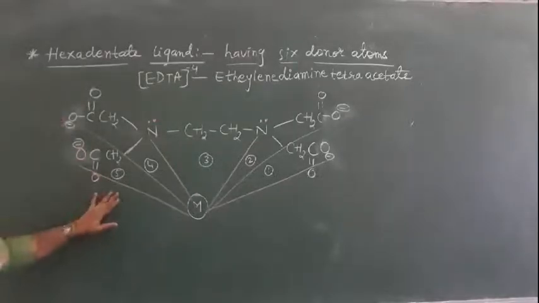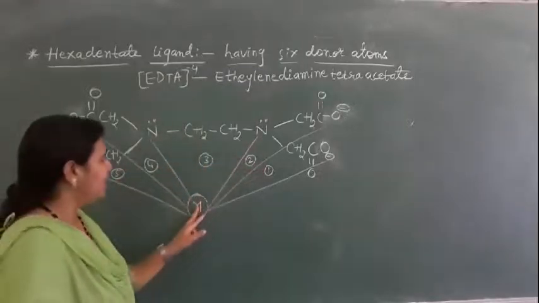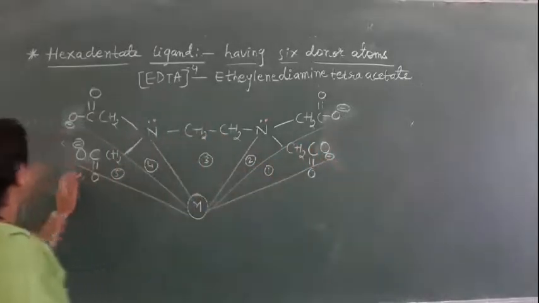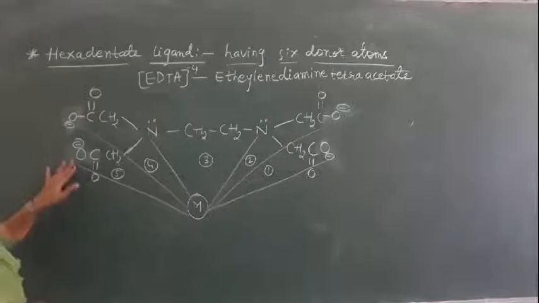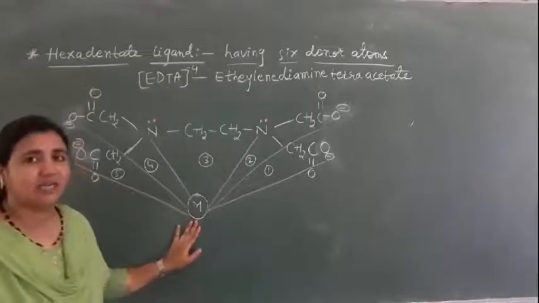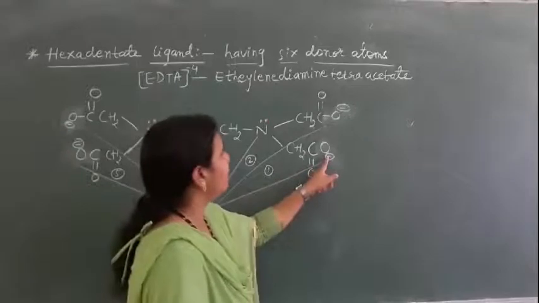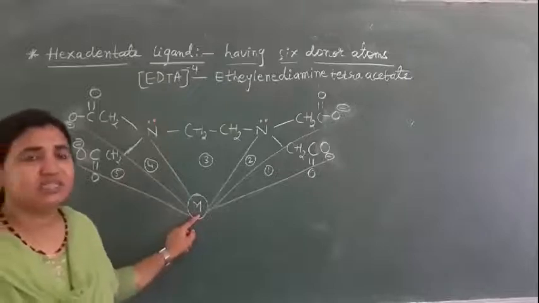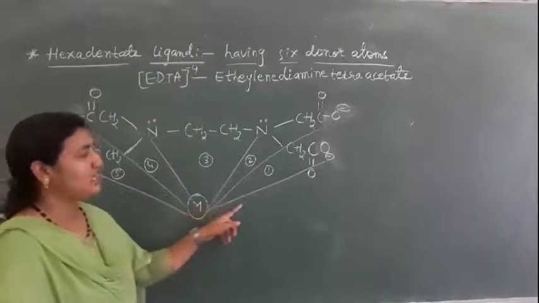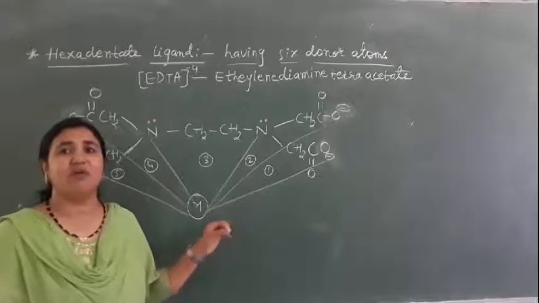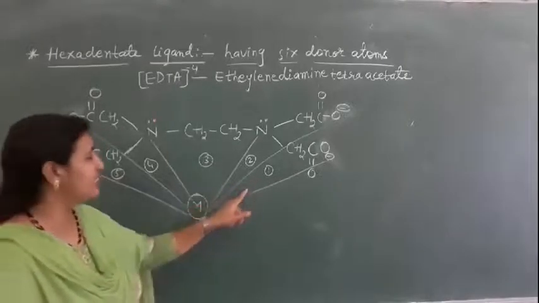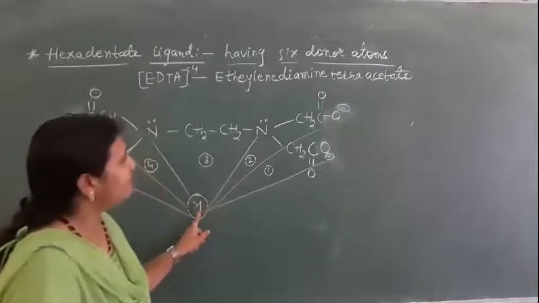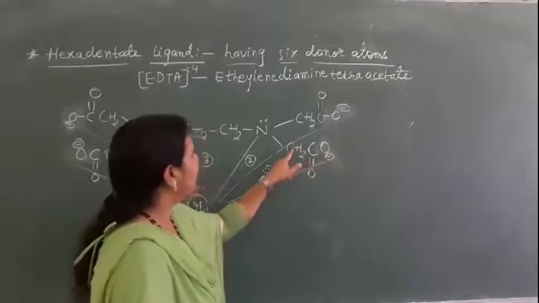So in this we have these 2 nitrogens, they donate electrons to the central metal atom, and the 4 oxygens which have minus charge also donate electrons to the central metal atom. 4 oxygen ions here, O minus, O minus, here one O minus, here one O minus. They donate electrons to the central metal atom. So how many rings are formed here? Hexadentate means they should form 5 rings. So here we have 5 rings. This is the first ring. The metal atom is this one. So if we count from here, 1, 2, 3, 4, 5.